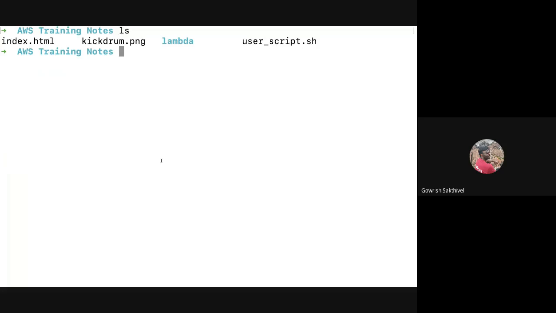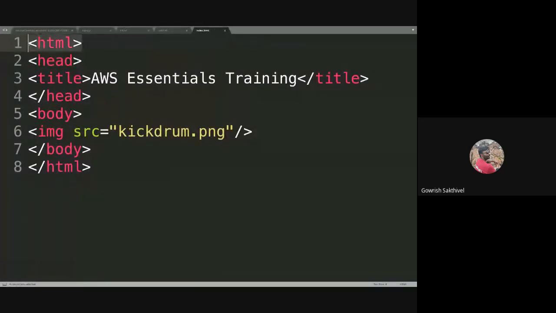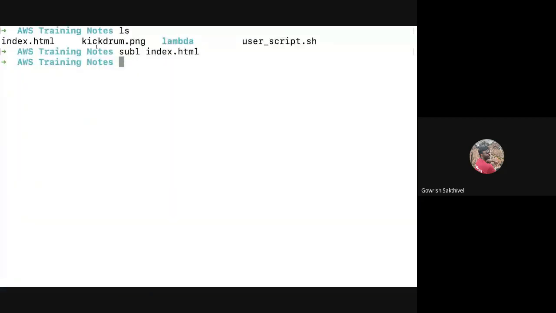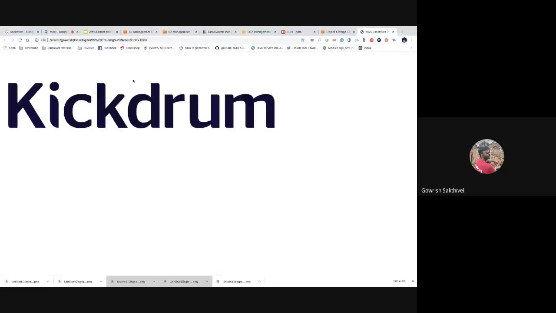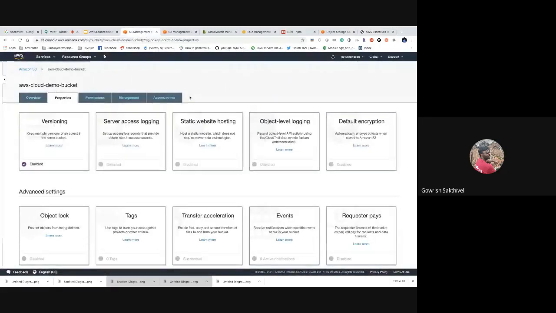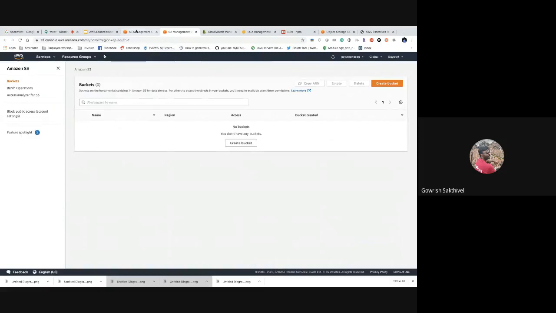Okay, so I have created an index.html. Let me quickly show the content of the index.html. I created an HTML with a head tag, I put a title, and then I'm including a file, kickdrum.png, which exists here. If I open this file, index.html, you can see this loads the index file with an image of our Kickdrum logo. Now let's say I want to host this somewhere,